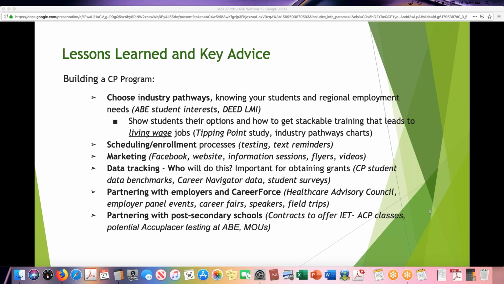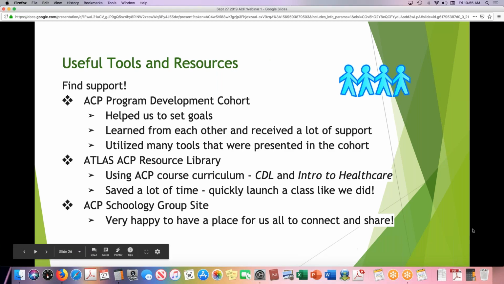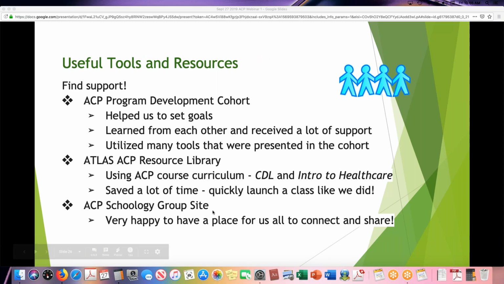Okay, I think there's one more slide. There are so many good tools through Atlas and through this group, but I think some of my favorite ones were the ACP program development cohort that was about 8 months, and we really learned a lot and set goals, and we just really fast forwarded our program because of that.